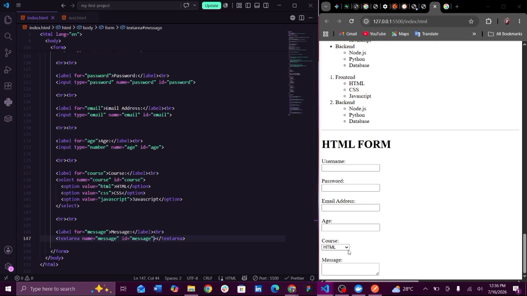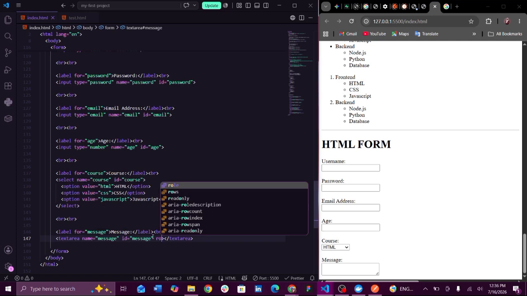Here now in the message text area, as a developer, you can as well try to give this a fixed and wider space. You already assume that your user is going to type in a lot of things in the text area, so you can just give it a fixed amount, but the fixed amount is still going to show a scroll sign just to scroll down to check through what they've typed in. So now let's give it just a little styling, and let's say rows. I'm just going to give this row 5,